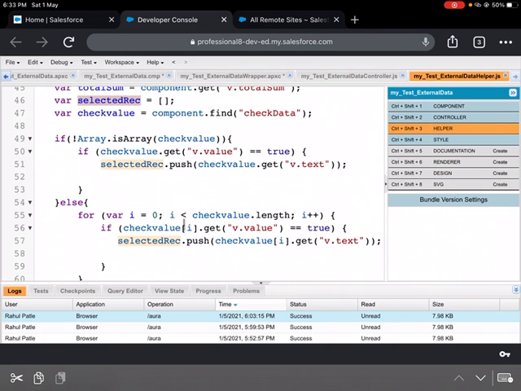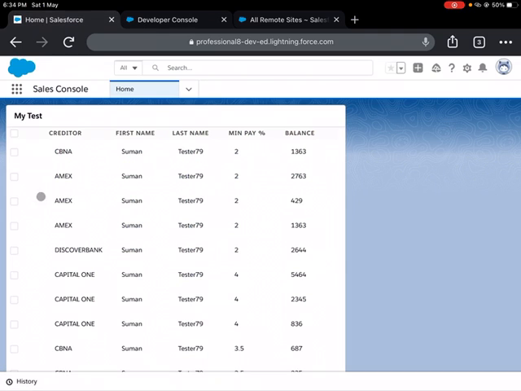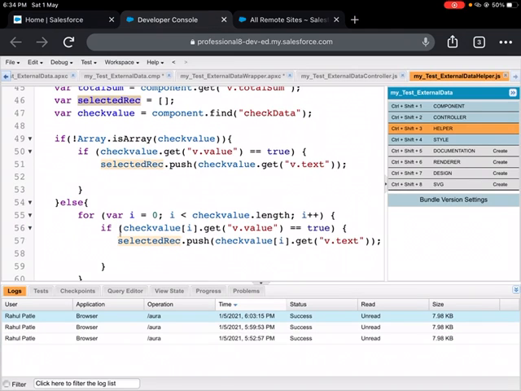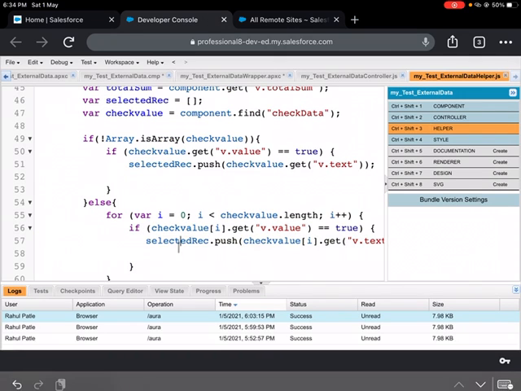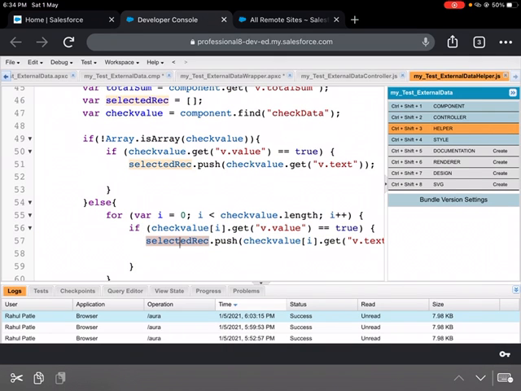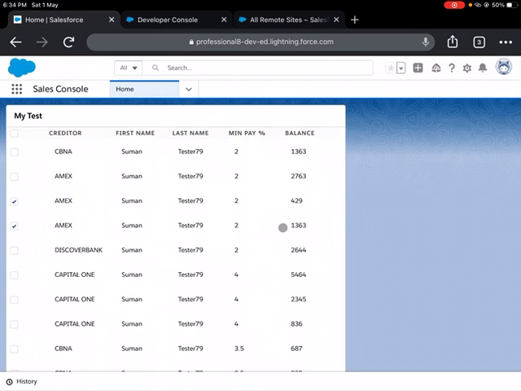Every time I check a checkbox, the balance is stored in a text tag, and I'm able to find this balance using the element ID, which is the Aura ID, check data. I'm iterating through each one and putting it in an array, so I will have an array of balances here.